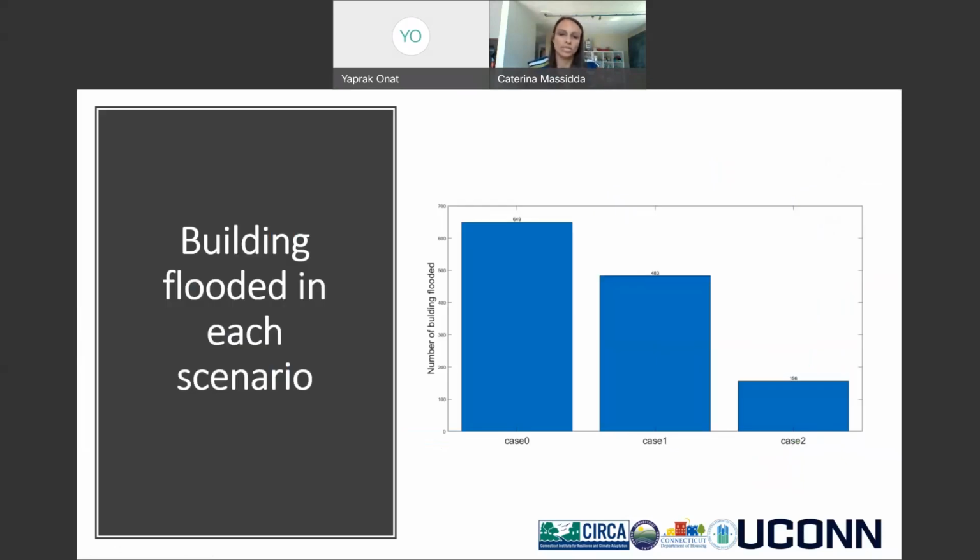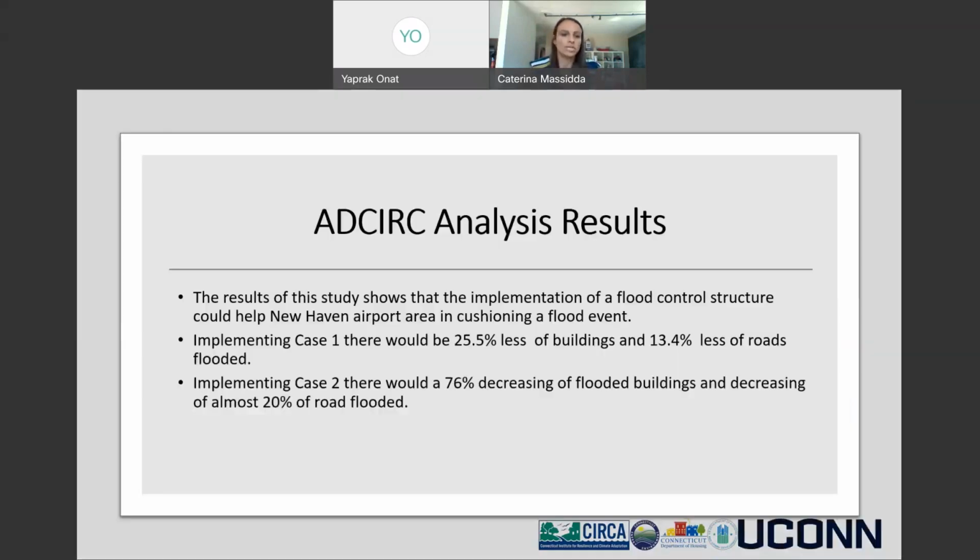In case 0, we have 649 buildings affected, and using case 2, only 156 buildings are going to be flooded. So the result of the study shows that the implementation of a flood control structure could help the New Haven Airport area in cushioning a flood event. Implementing case 1, there would be